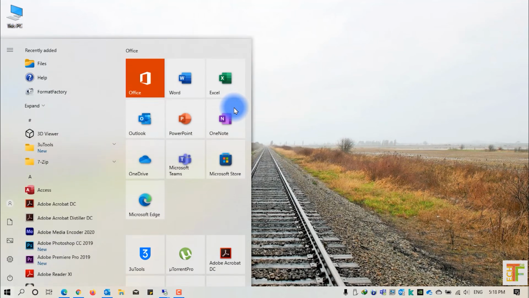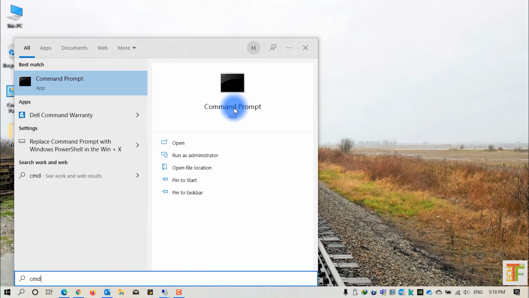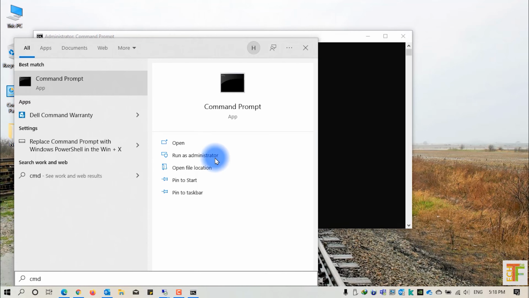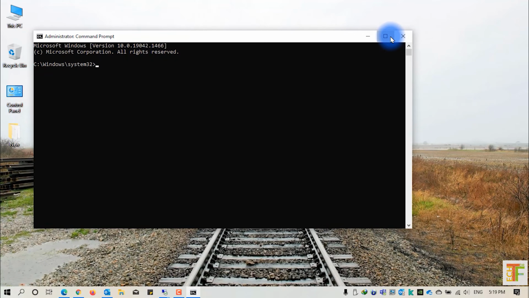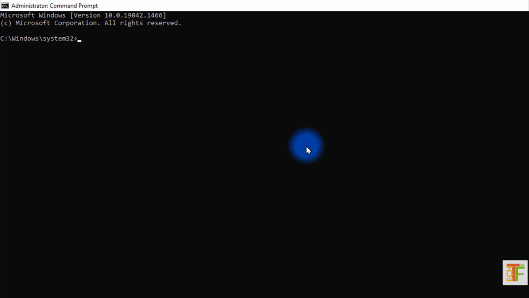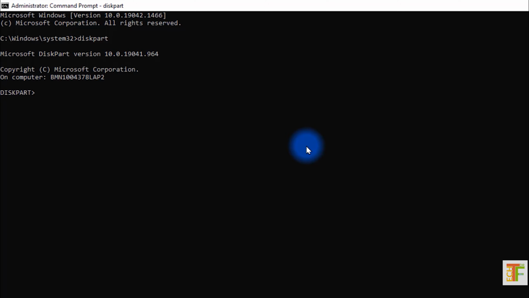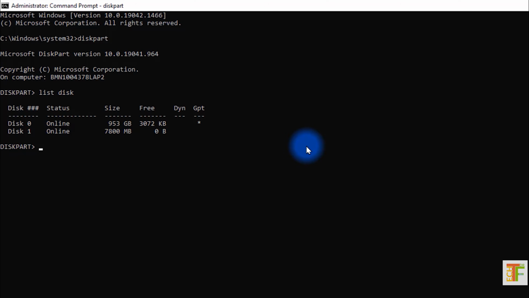Now open CMD. Point to be noted that you need to run the CMD as administrator. After CMD is opened, type diskpart. Now type list disk. This command shows all the hard disks and USB drives currently connected to your computer. As you can see, disk 0 is my primary hard disk and the USB pen drive is marked as disk 1. Select disk 1 by typing this command